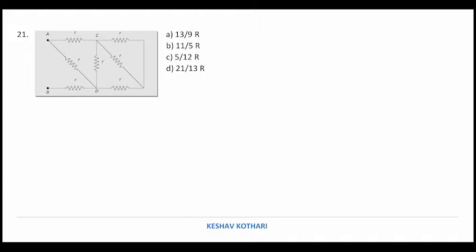So first of all, we are solving these two networks which are in parallel with each other. So these two resistances, equal resistances, are in parallel with each other. So we get equal to R by 2. Now the R by 2 which we obtain and this R are in series with each other. So we obtain R series which is equal to R by 2 plus R, that is 3R by 2.